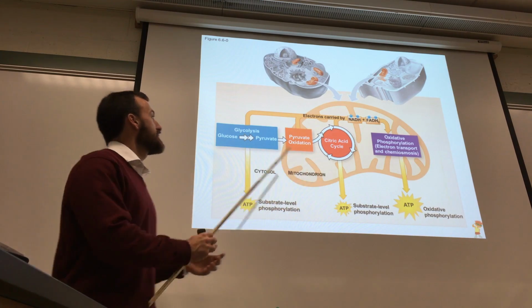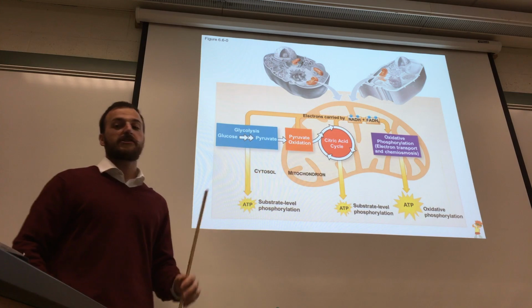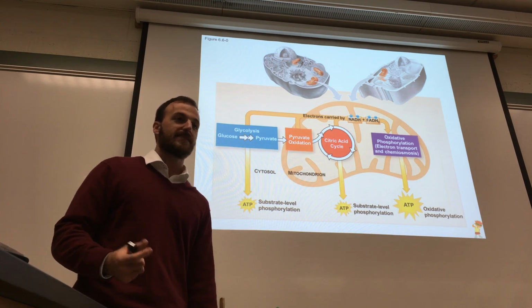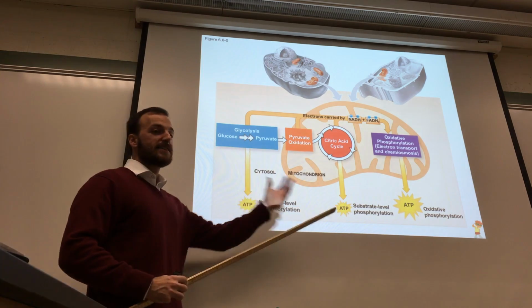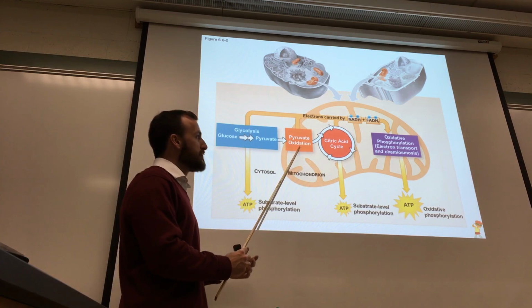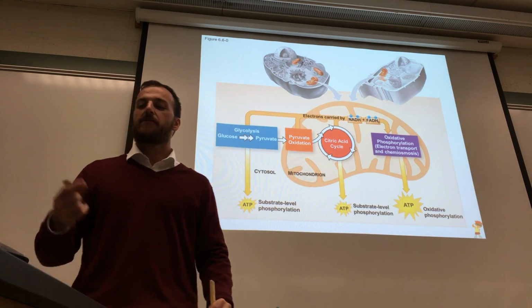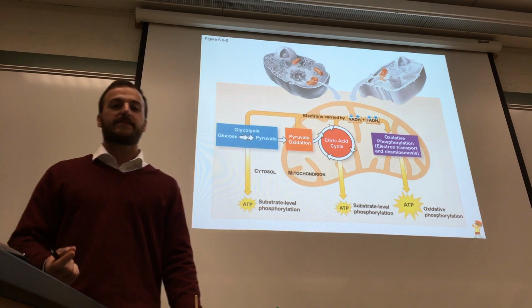The glycolysis reactions are going to take place in the cytoplasm, or cytosol as your textbook lists it. The rest of these processes, pyruvate oxidation, citric acid cycle, oxidative phosphorylation, they're all going to take place in